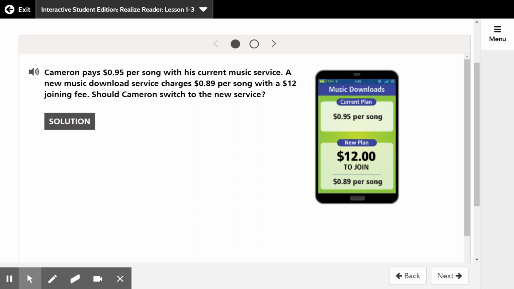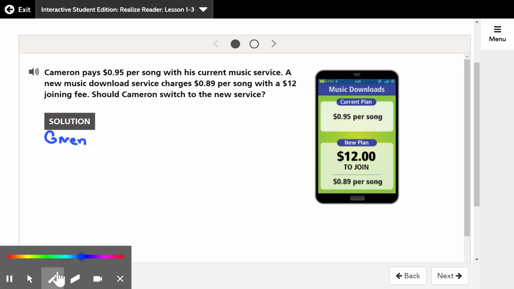So this is exactly what you would do when you want to compare two different situations. Now we're still going to use the guess method, especially now that we're going to be basically involving two expressions and making it an equation. So in the given, we know in the first part that Cameron pays 95 cents